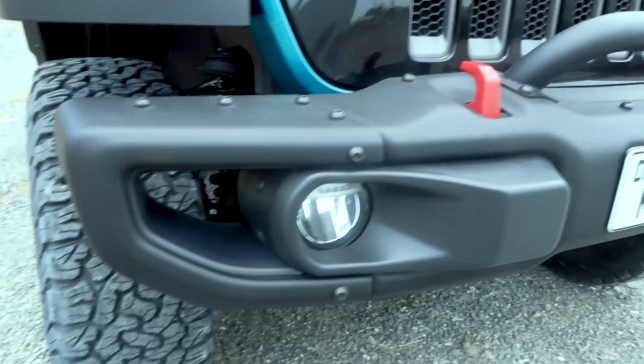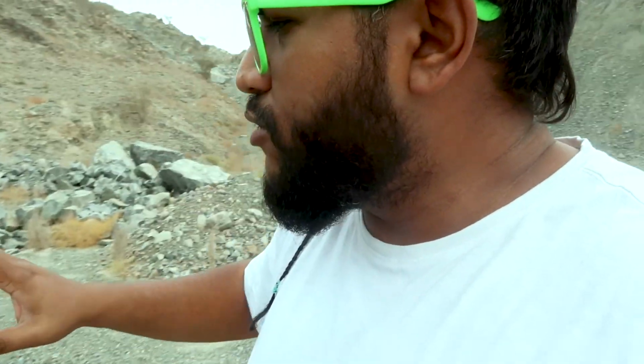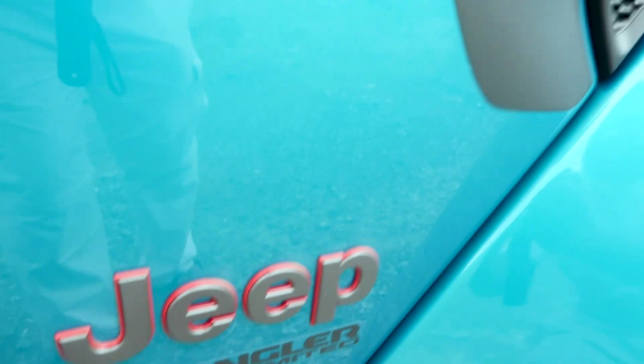Actually, there's a big question over there, if you're really going to require off-road lights, because this one doesn't come with the off-road lights on it already, but it comes with a good pair of LED projected headlights and also LED fog lamps. Now moving on to the side of this particular vehicle, you've got the Rubicon badging, which is